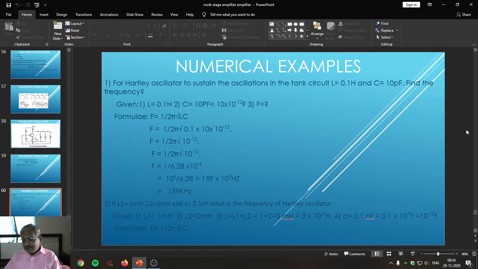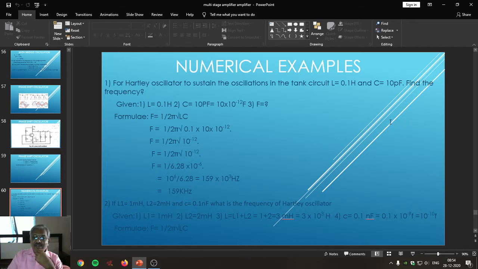Almost all we have completed the last topic of our syllabus, that is oscillators, by studying the last article, the phase shift oscillator. Today we are going to solve some of the numerical examples which are expected to be covered in your syllabus. These examples will be asked depending upon the formula of Hartley oscillator, Colpitts oscillator, crystal oscillator, phase shift oscillator, and Wien-Bridge oscillator.